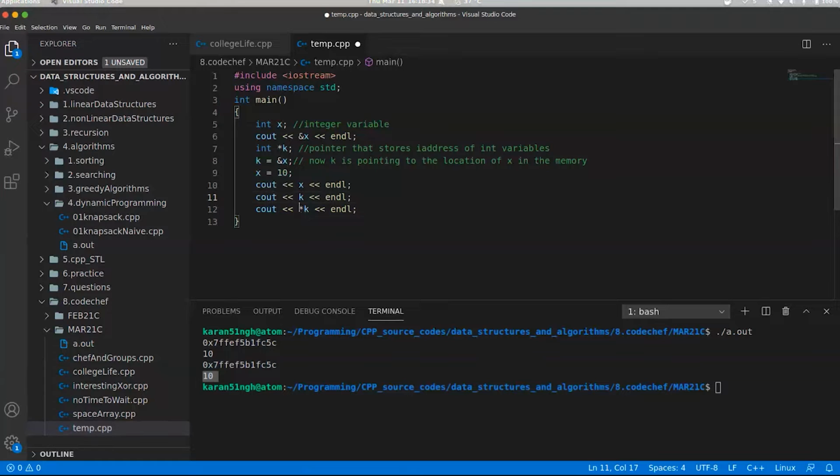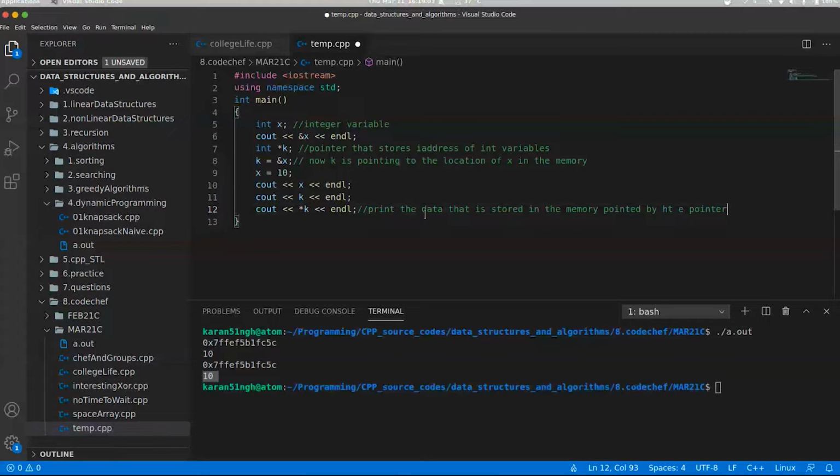But when we use the star operator with k, this is exactly the use of pointers. It basically helps me print the data that is stored in the memory pointed to by the pointer.